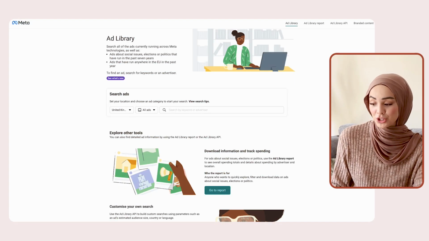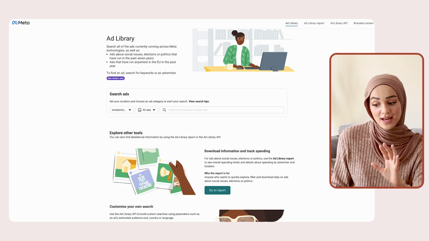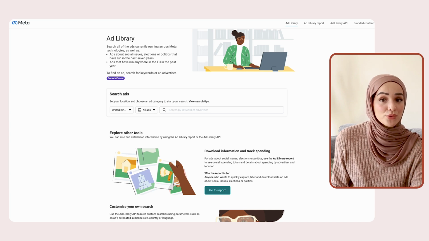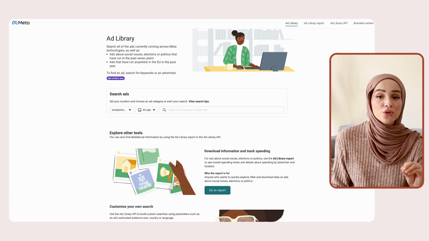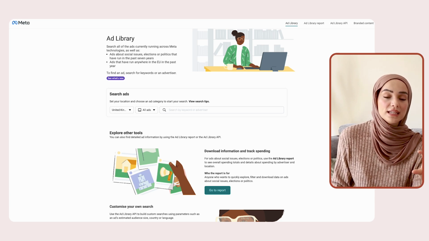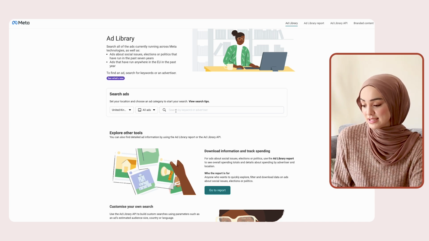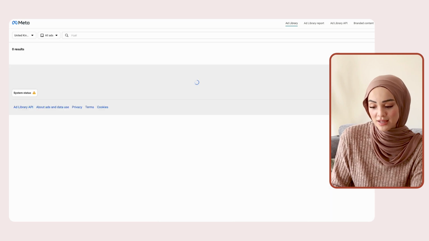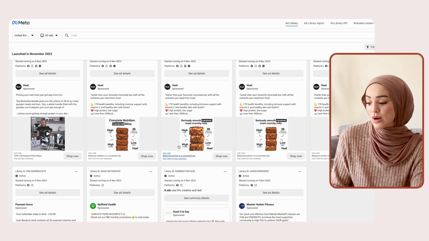Another platform I want to show you is the Meta Ad Library, where you can in fact check brands specifically by name. So if there's a specific brand you want to work with, you can search for it in the Meta Ad Library. So the Meta Ad Library is where basically Instagram and Facebook ads are posted. So for example, let's say I really want to work with Huel, the protein drink. I can go to the ad library, search in Huel in the search bar, and see what ads they're already